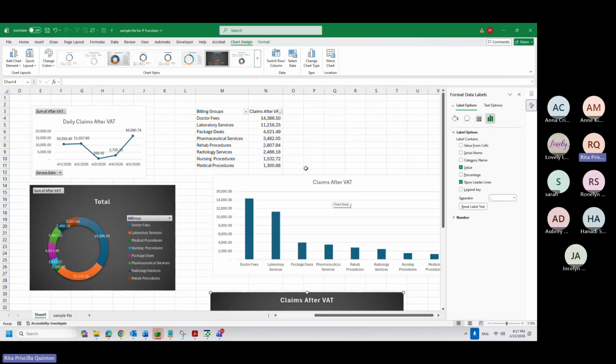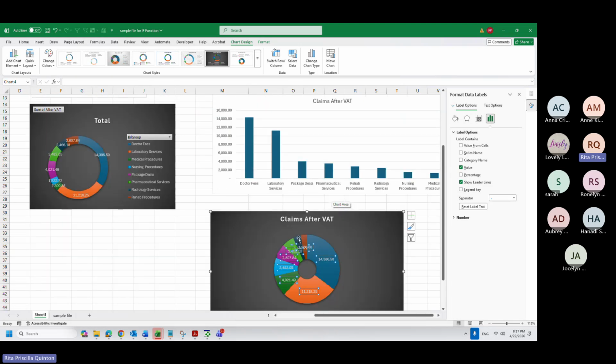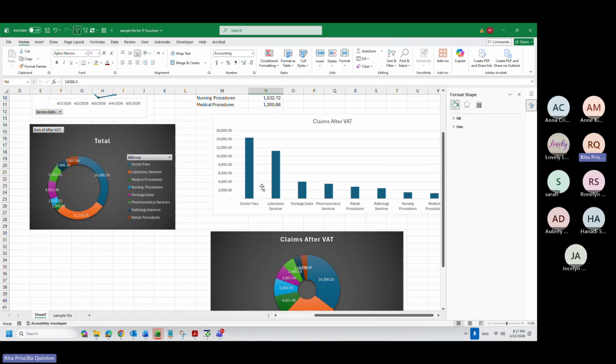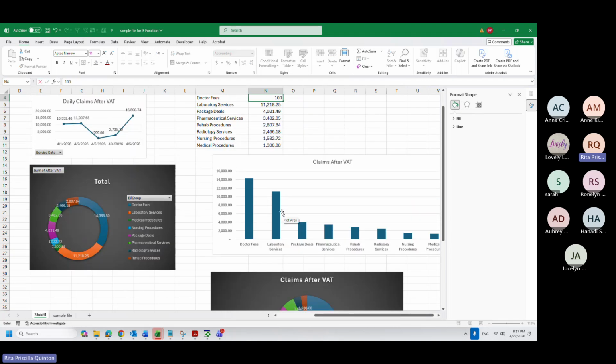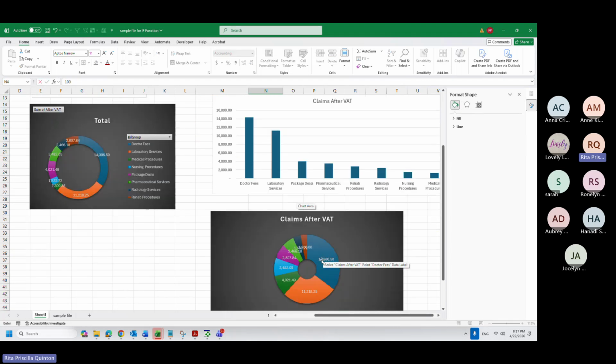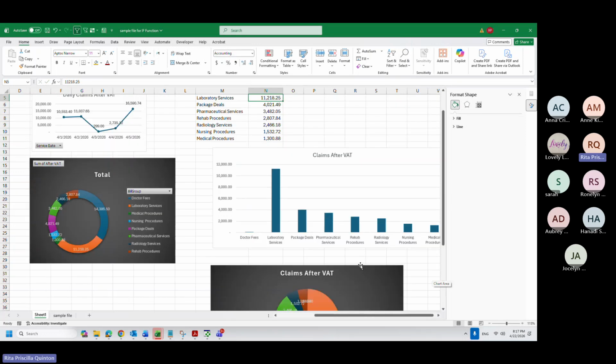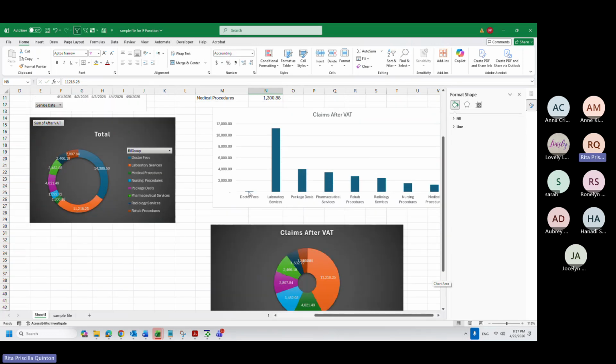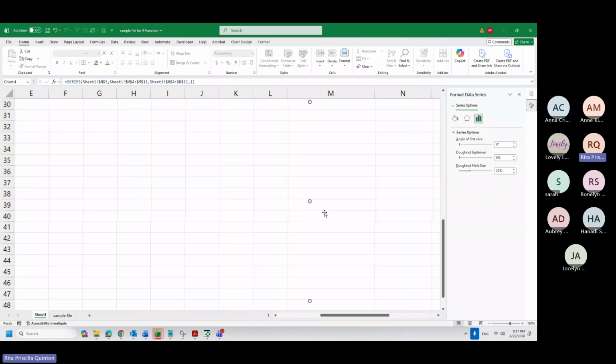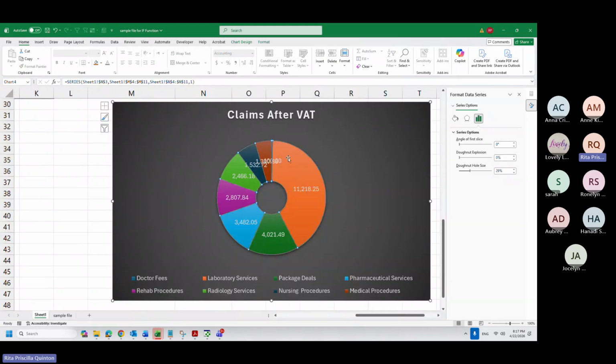It's taking the value whatever is mentioned here. For example, doctor fees. Let me change doctor fees to just 100 real. So this and this should automatically change. If I press enter, see the doctor fees here become small and the doctor fees here are now gone. It's here now, the very small slice here. 100 real doctor fees.